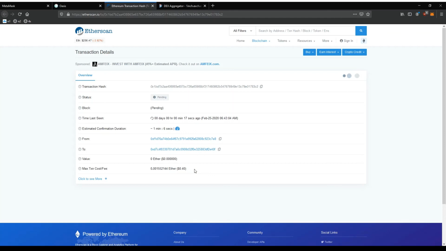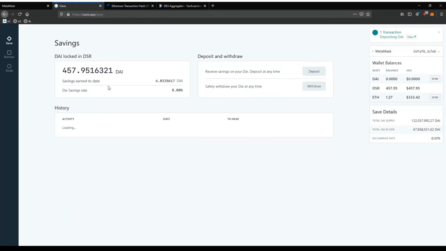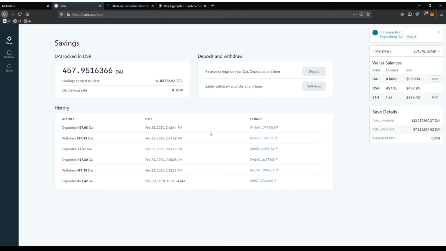Basically Ethereum works by having lots of computers all over the world supporting the network, and because they are supporting the network to process these smart contracts and transactions, they collect a fee for doing that. So that's why the fees go up and down sometimes, and the more you pay, the faster they will process your transaction. And so now I'm waiting. So that's it. Now it's just told me that it's confirmed. If I go back, now you can see that 457 DAI once again is locked in, and that's it. Now I'm getting 8% return on my investment on my $457, and I will leave it in there until I wanna do something with this DAI and maybe exchange it back into Ethereum, and